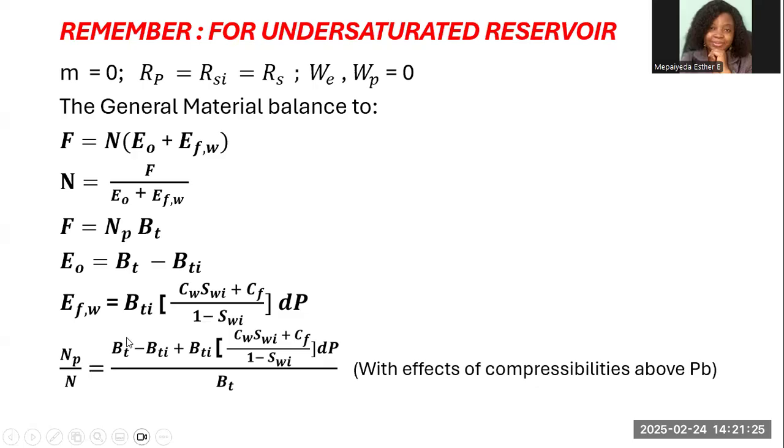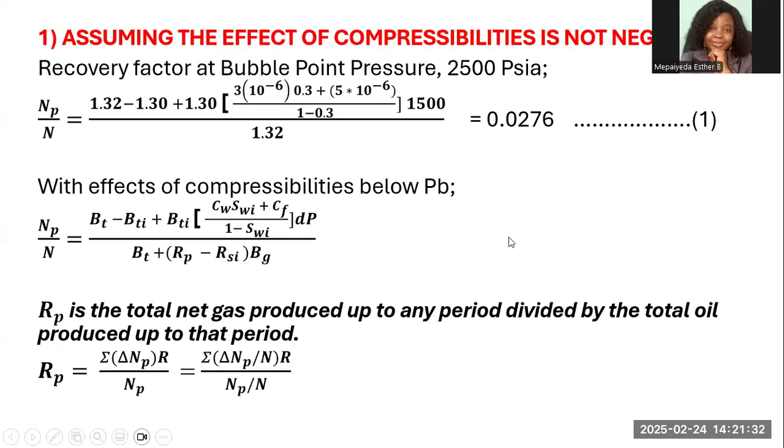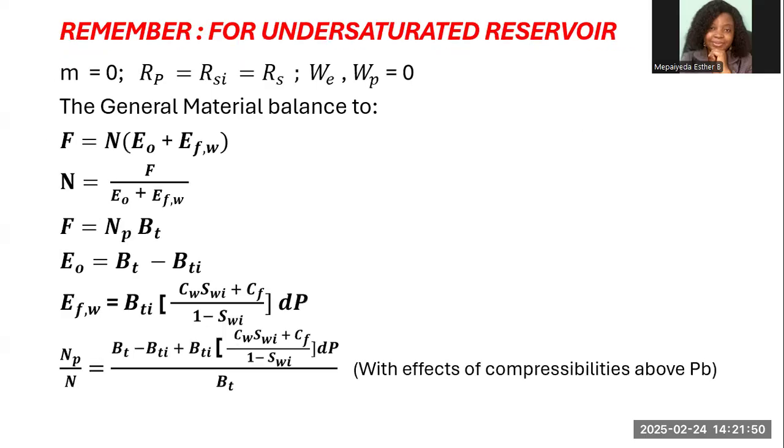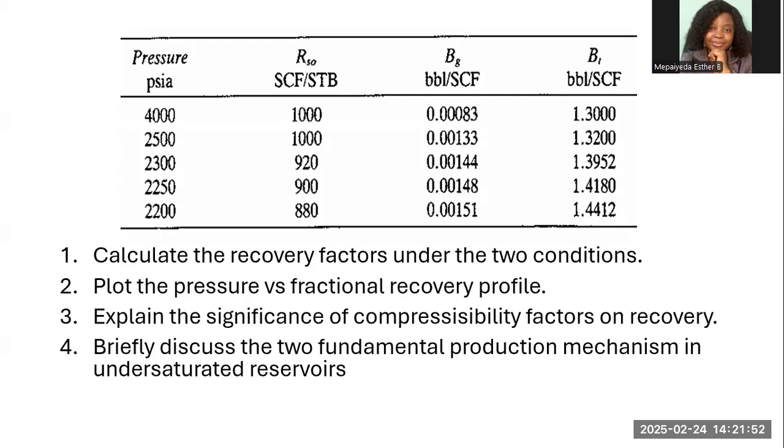So you slot in your BT, your BTI, CW, SWI, CF. You slot in all the values, and then you have this. With effect of compressibilities below PB. Okay, below PB. Now, the effect of compressibility at bubble point, the pressures that were given,